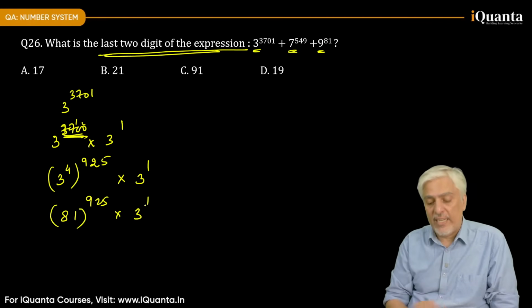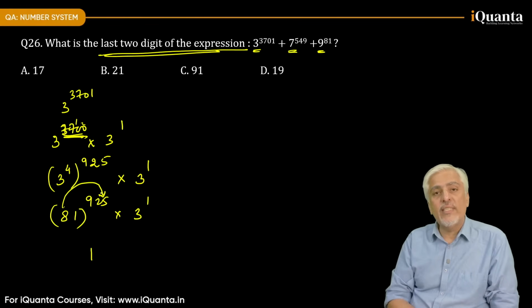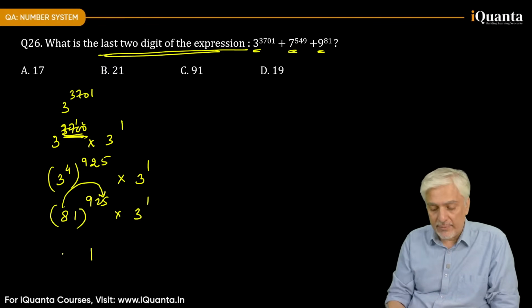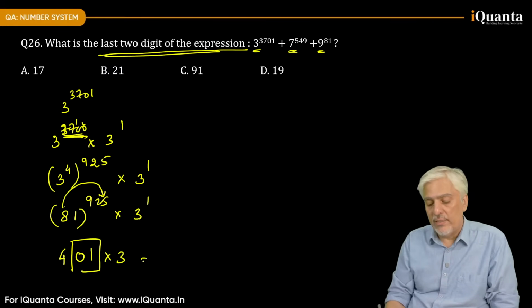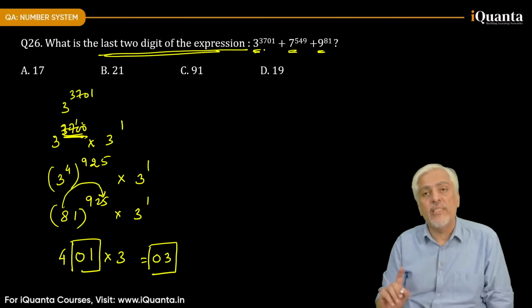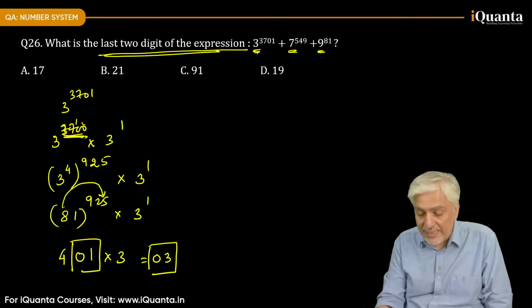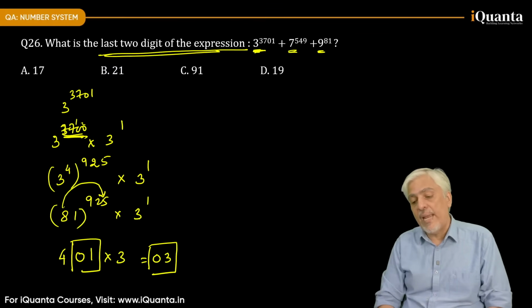Pay attention to this very carefully. 1 will come as it is. Multiply only this 8 with this 5. What is 8 multiplied by 5? 40. Last 2 digit हो गया अपना 01. 01 into 3 will be 03. This is only when there is only single digit पूछ दिया है तो. तो इस पार्ट का आंसर 03 आया, लास्ट 2 डिजिट्स। सेम 7 के लिए करते।